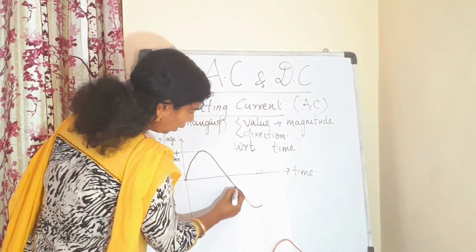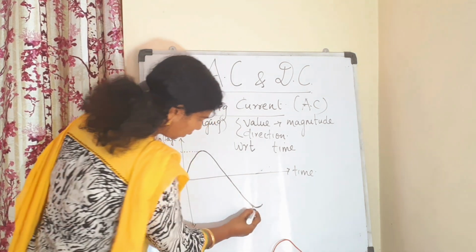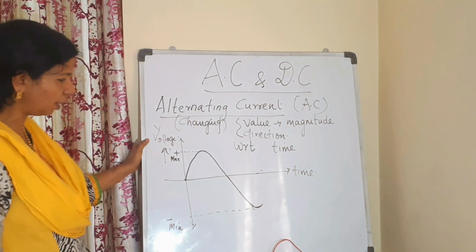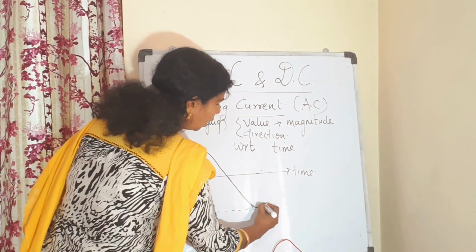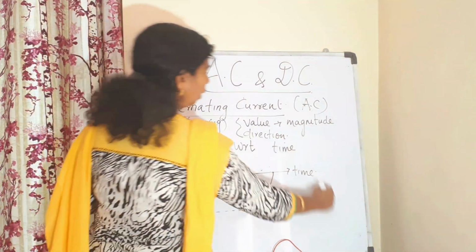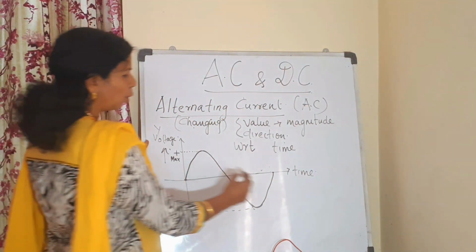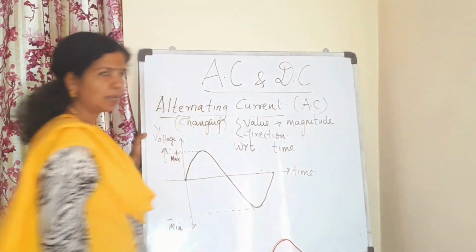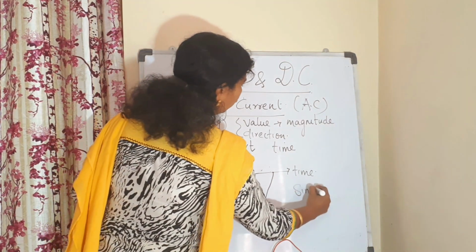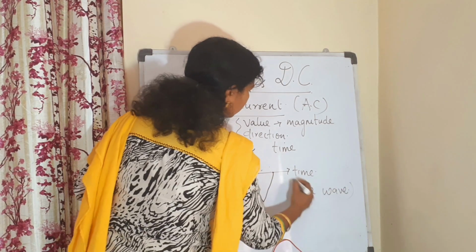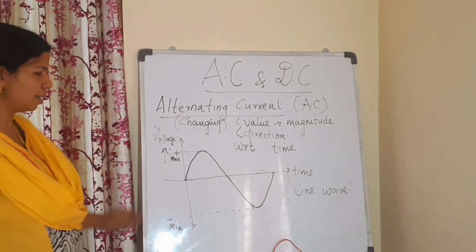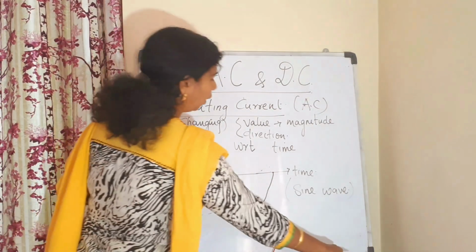So this is the minimum negative value it is having, and from there it slowly starts increasing and comes back to 0. Like this, it will repeat several times. You can draw any number of waves like this. In higher classes you will call it a sine wave. For your sake, I just told you that. You will study it when you go to class 11th and 12th, so it is of no importance to you here.